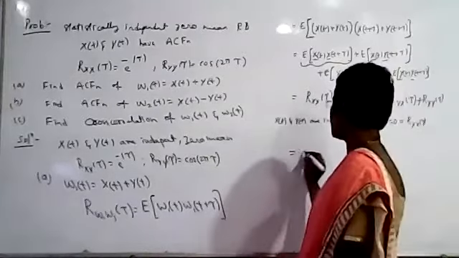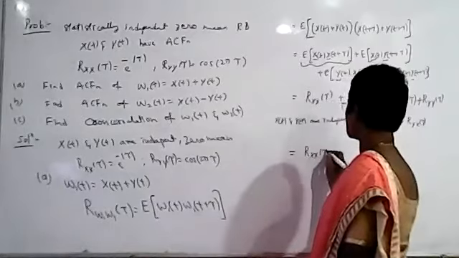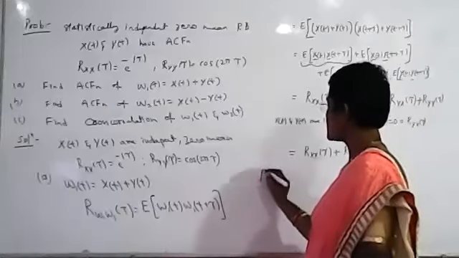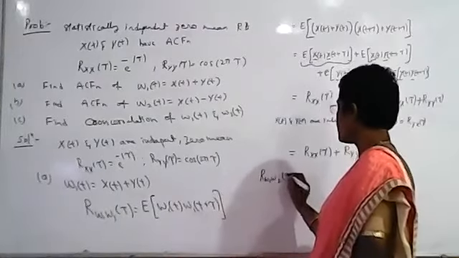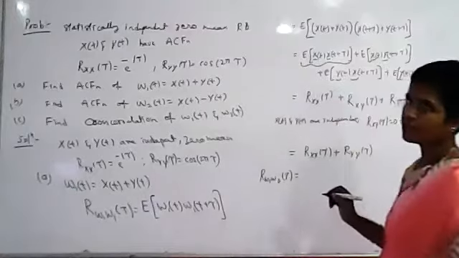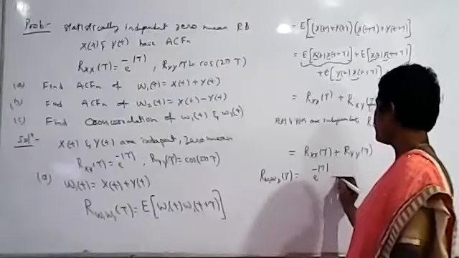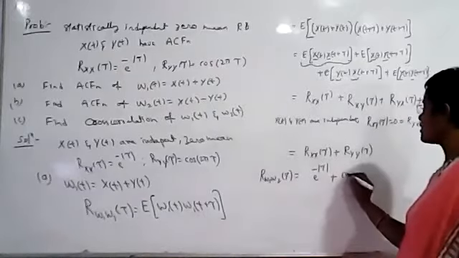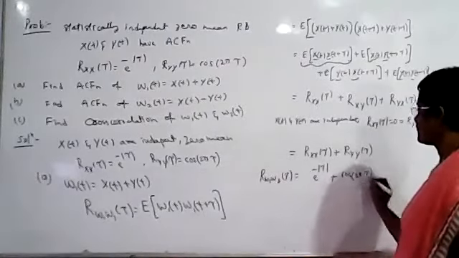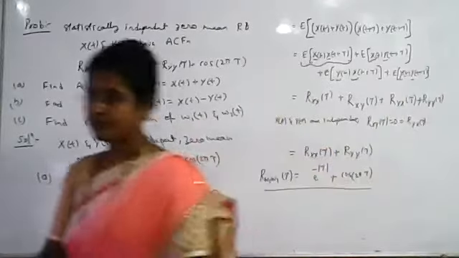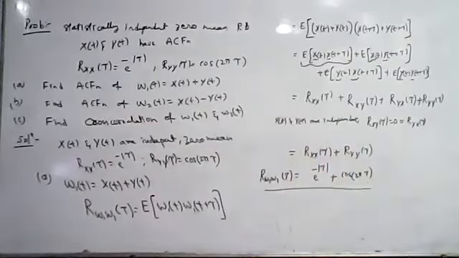So what is it that we will be having here? We will have only Rxx of tau plus Ryy of tau. Okay. So what is here? R omega1 omega2 of tau will be equal to what? What is Rx of tau given in the problem? It is e to the power minus mod tau, and here it is cos 2 pi tau. So this is the cross correlation of omega 1. Okay. So this is R omega 1 of tau.